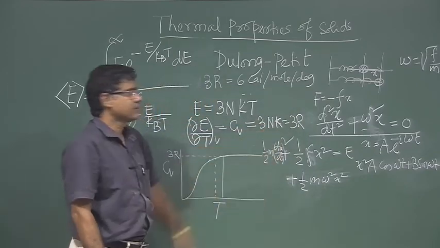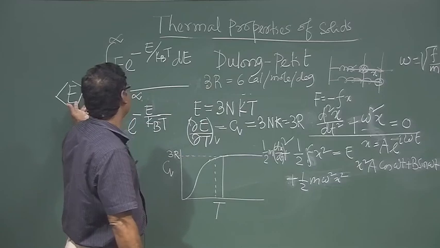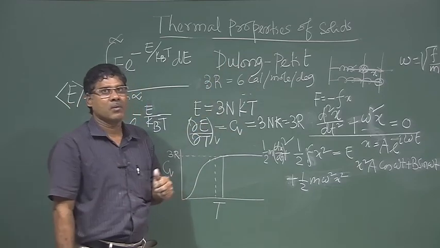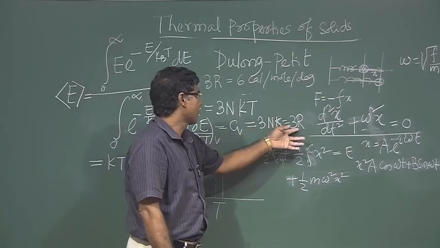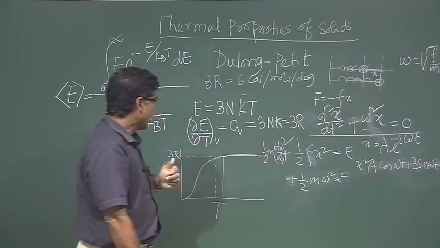So, we are getting this CV for 1 gram mole of solid as 3R. That is basically the Dulong-Petit law, and